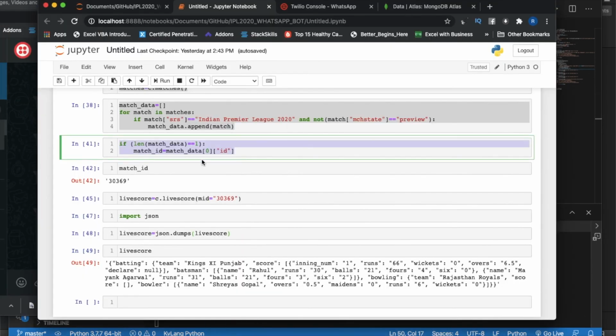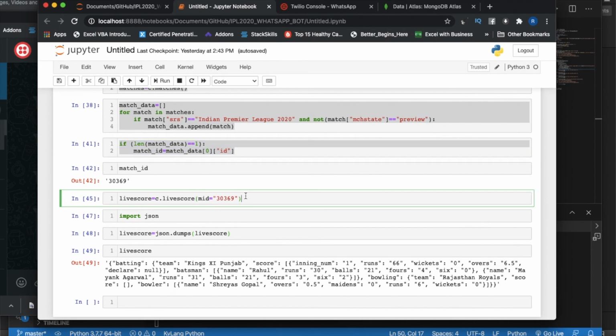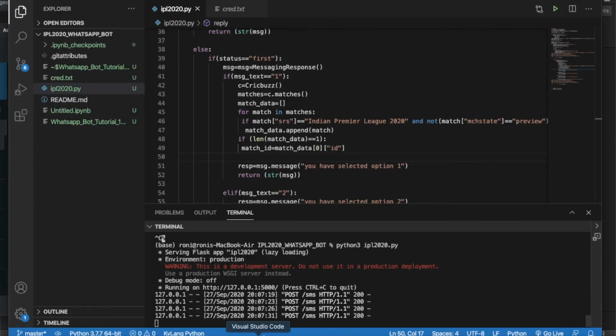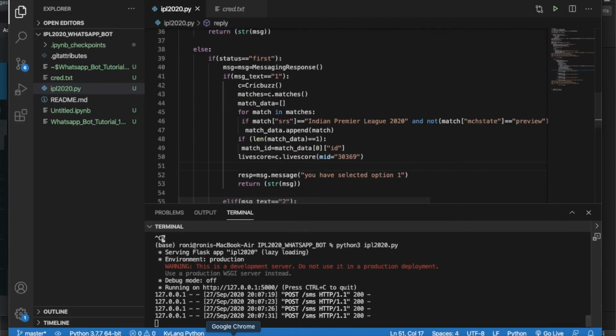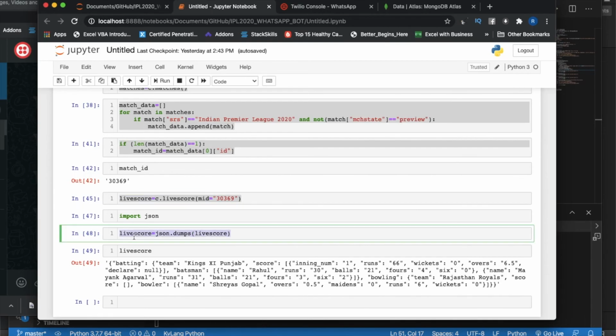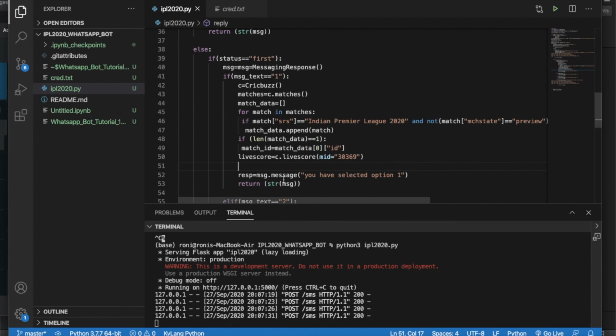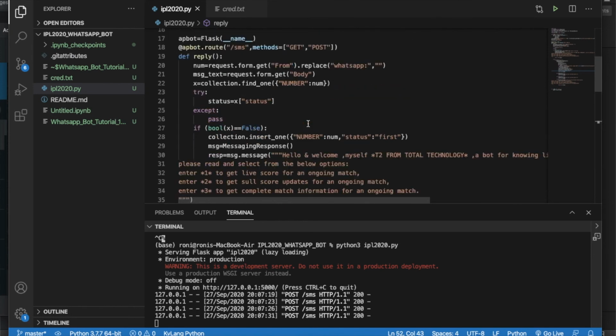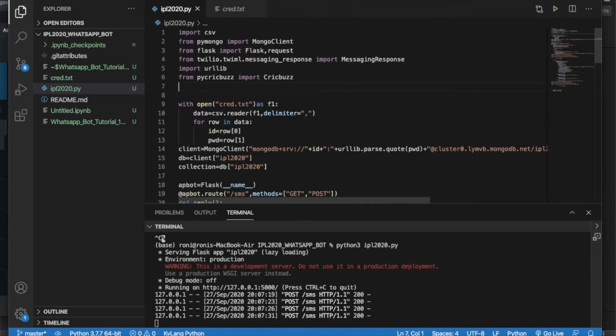Once match ID is here, then I just use the simple tricks, like this, and it should be live score, and I have to just use JSON.